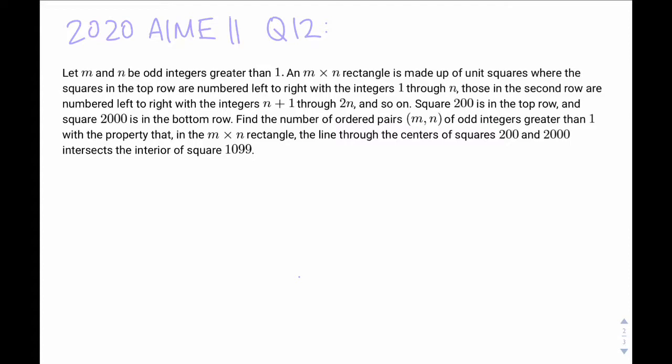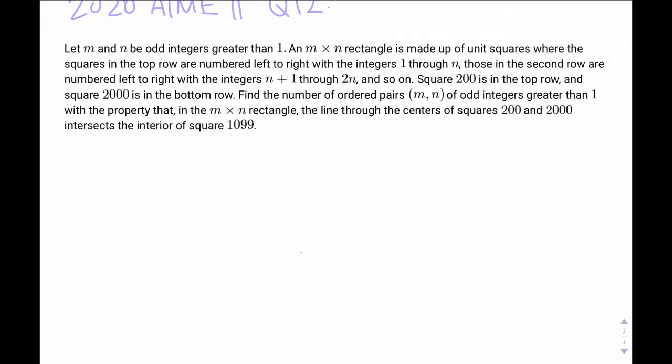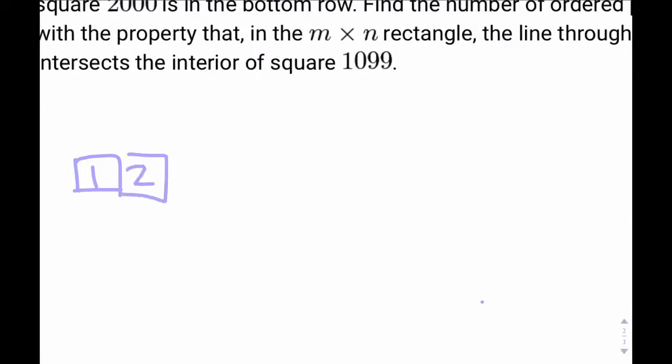So, the first thing you might be able to notice right after reading the question is that the bounds on m and n are pretty specific because we have that square 200 must be in the top row and square 2000 must be in the bottom row. So if we draw a quick picture of what's happening here, we have an m by n rectangle